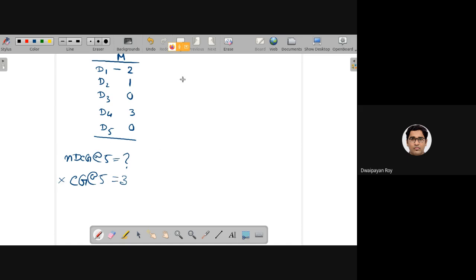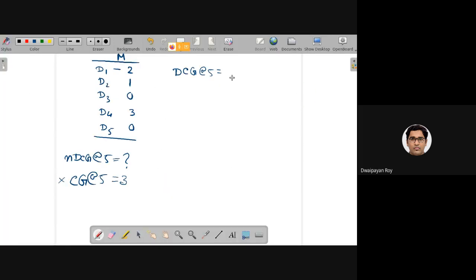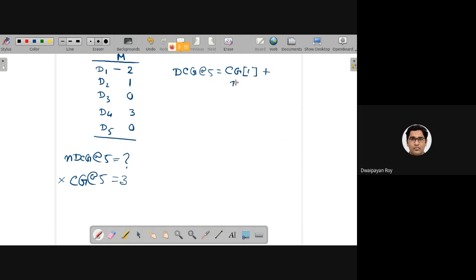So now if we compute the DCG at 5, what is this? The DCG at 5 is basically the CG at 1 plus, for the second rank, it is basically DCG.